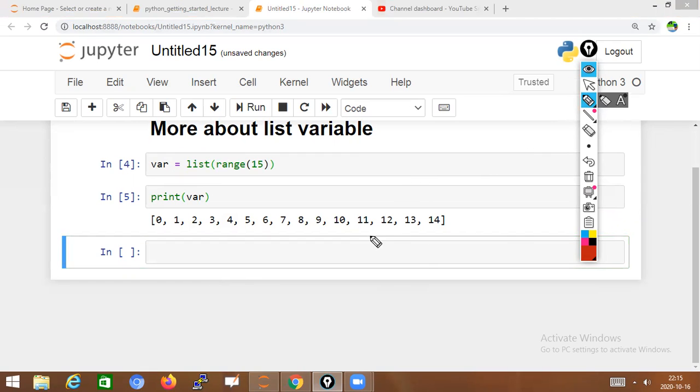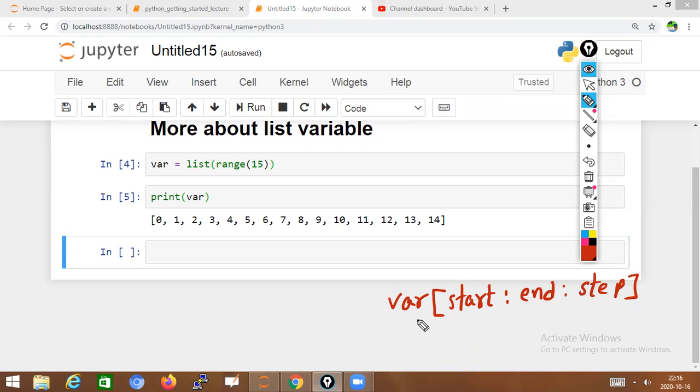Now, after getting this list, I'll say more about the list syntax. For example, here we have taken var, which is a variable of list. In this list, the first part of the syntax is start, next is end, and next is called step.